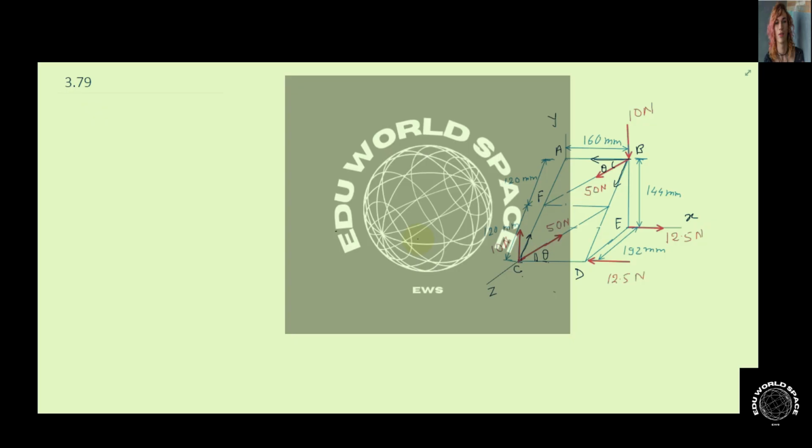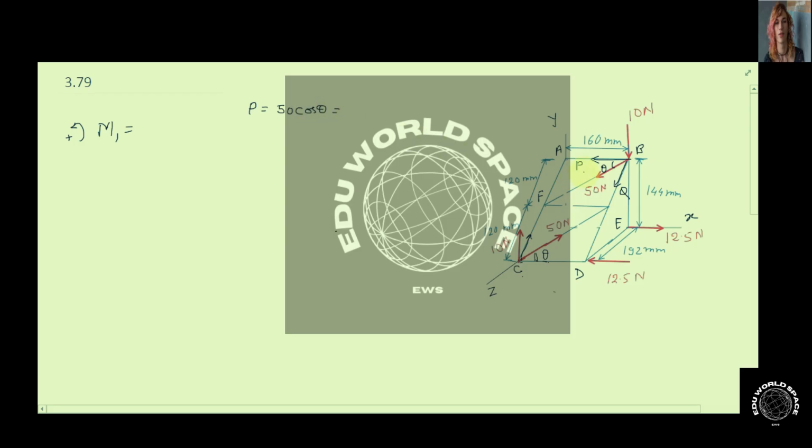So M1 can be calculated by considering the anti-clockwise direction to be positive. So we need to find first the component along the line AB and along the line BD. Let's say the component of this 50 Newton along the line AB is P and the component along line BD is Q. Alright, so P will be 50 cos theta,